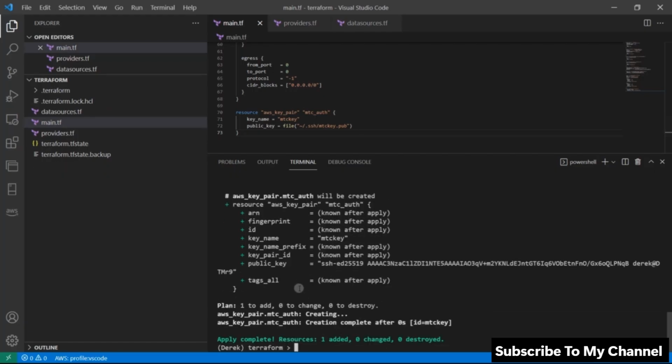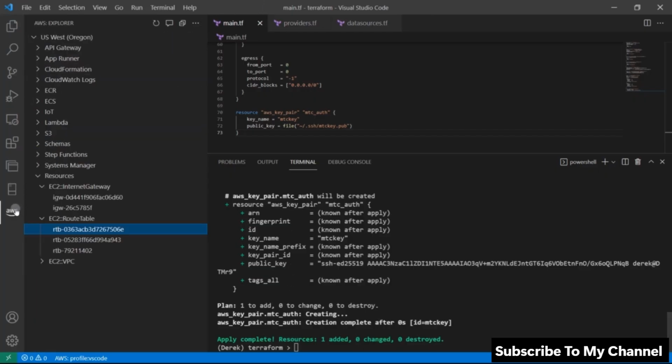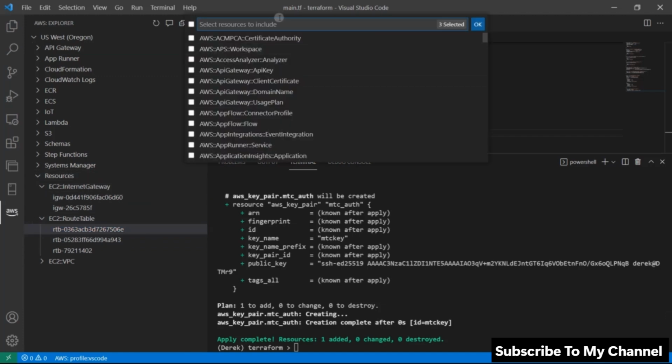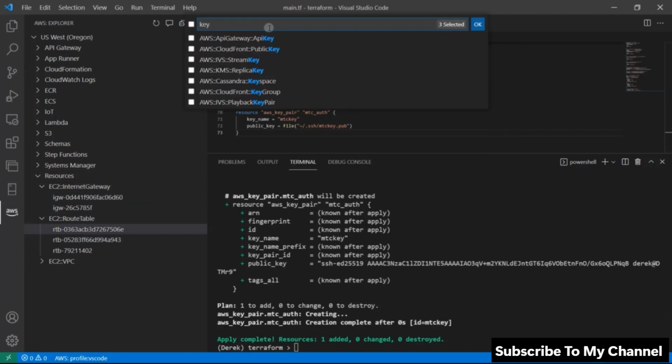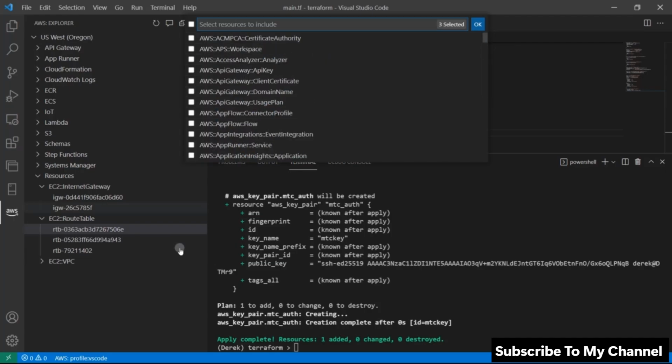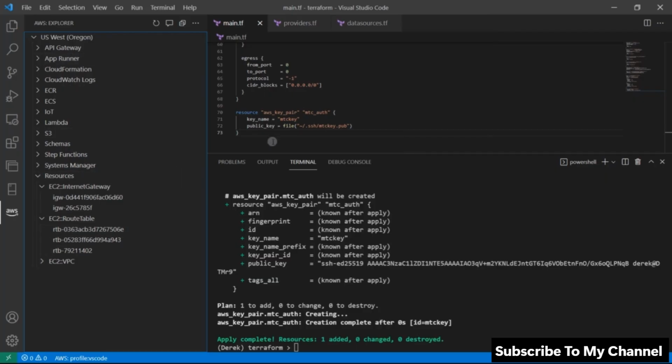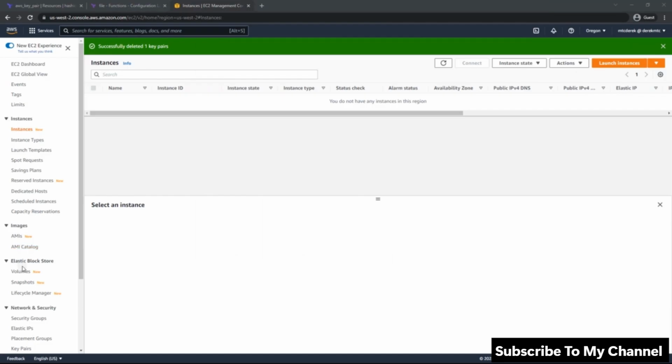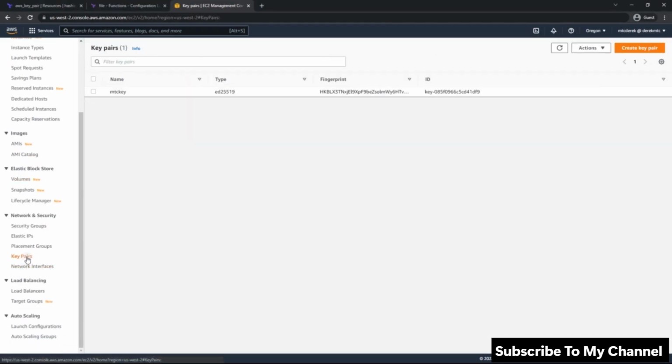All right, apply complete. So if I take a look over here in my AWS resources, we can see if this is one that is available for us. So I'll just type in key. Unfortunately, key pair does not appear to be one that we can see right here from this screen. So we'll just head back into the EC2 console. I'll click on key pairs. And there it is, MTC key, type